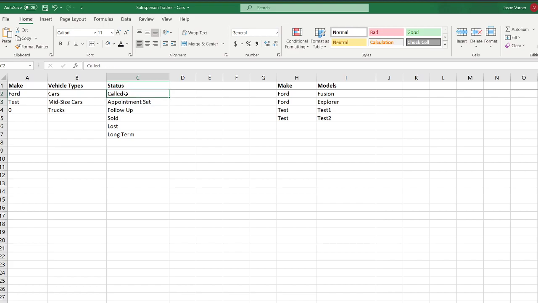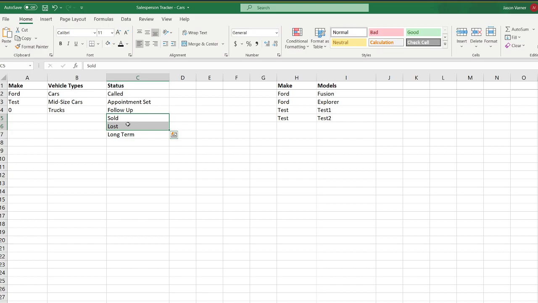So the statuses are called, appointment set, follow up, sold, lost, and long term. Sold and lost need to stay there. And then whatever you put into this box is going to be mapped to this tab. Whatever you put in box C3 is going to come up in appointment set. Follow up is going to be the third one, and then long term is going to be the fourth. And then sold and lost,